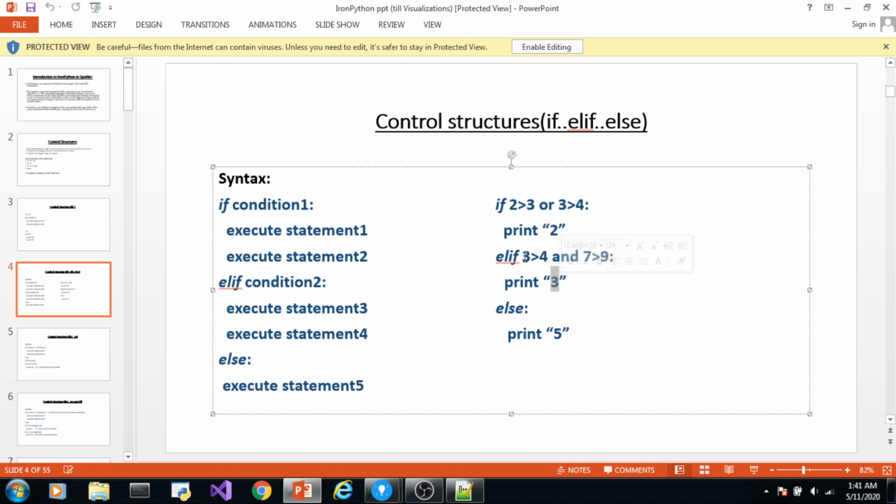Now if this condition also fails, 3 will not be printed, then else will be executed. 5 will be printed. Else means otherwise. If no conditions are met, the else part will be executed. So 5 will be printed. This is how you can check for multiple conditions: if, elif, if not this condition, then this condition. This is how you test.